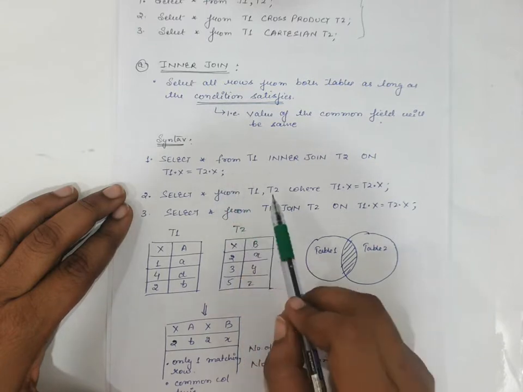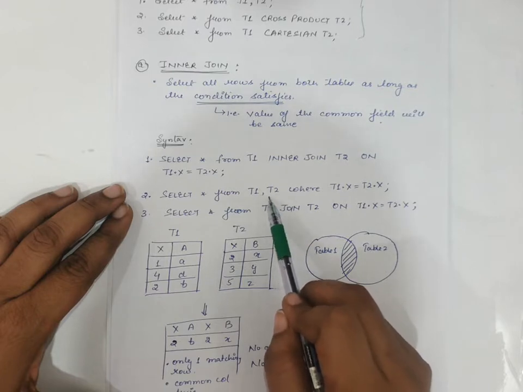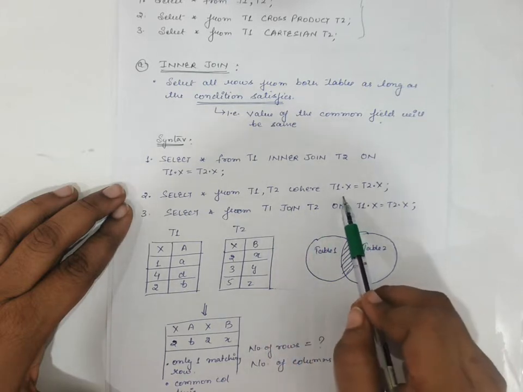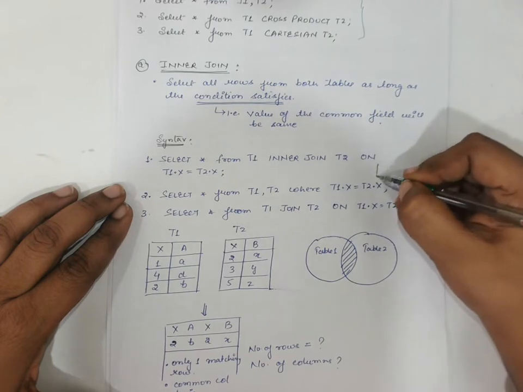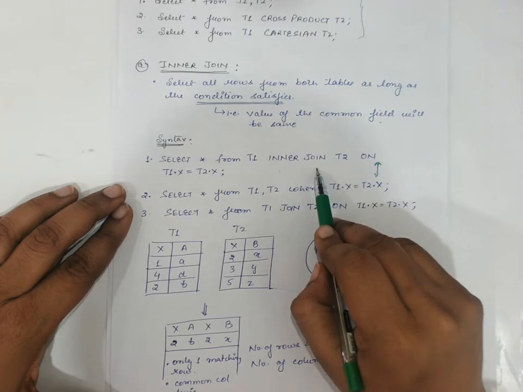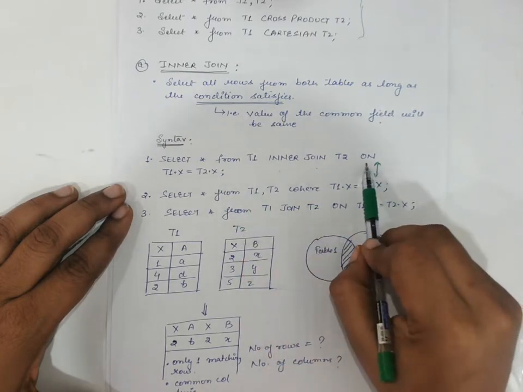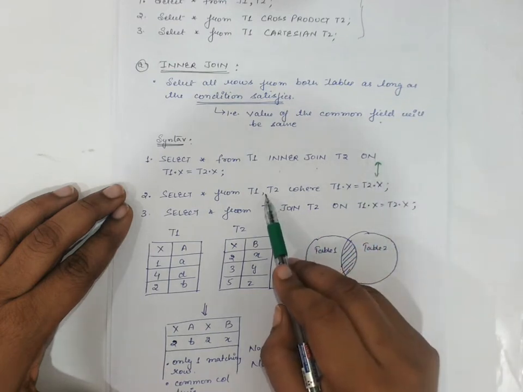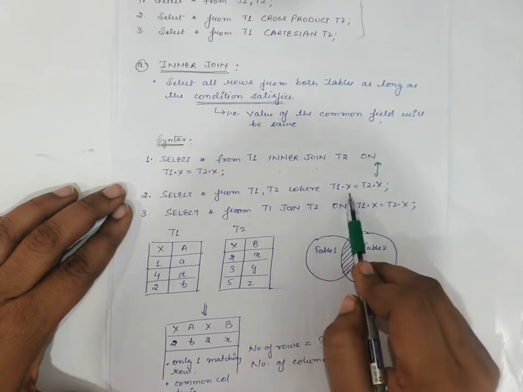The same query can also be done with the help of a comma, because comma is a Cartesian operator, Cartesian product. Once the result set is formed with the help of the Cartesian product, we can put the matching column condition with the help of the WHERE clause. So there is a difference, that's why I noted both the syntax here. If you are using inner join, then the matching column condition should be imposed with the help of the ON clause. And if you are doing the Cartesian product with the help of the comma operator, then you can use the WHERE clause and put the matching column condition.